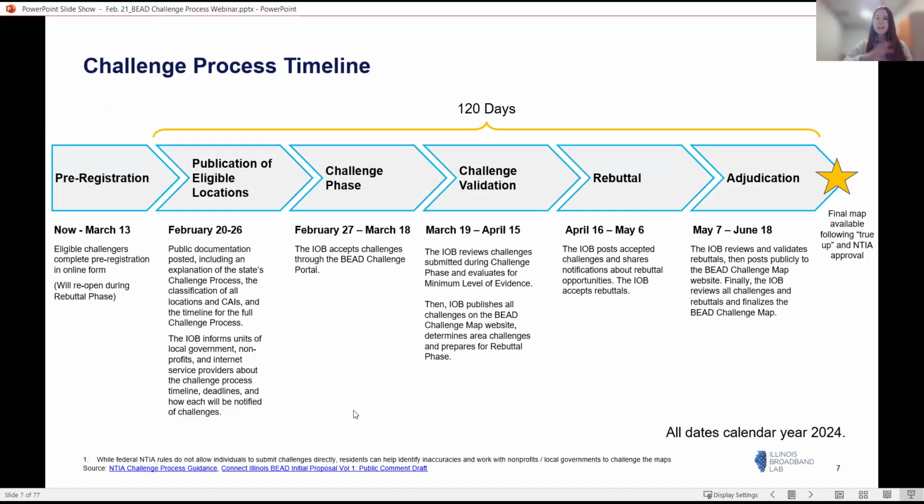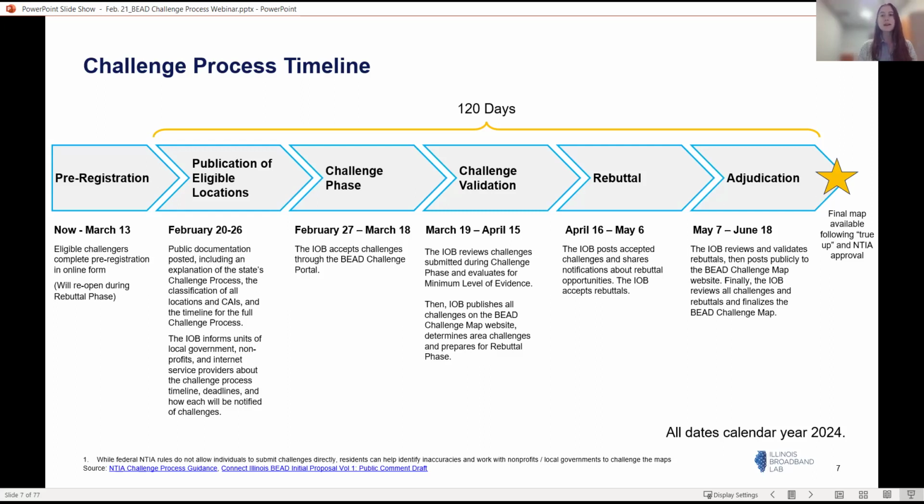So, of course, these dates are fully tentative, subject to the timing of the preceding steps and NTIA approval. So this is kind of a new version of a slide that you've seen over the last several weeks, because the big milestone that happened yesterday was the publication of our challenge process timeline. So this is the timeline that is locked in, barring any unforeseen changes that need to be made. This is what we will be adhering to and has been published online. So this can be found on our website in our user guide and should be your source of truth for going about this process. So I'll walk through the different buckets. The day 0 bucket on the left is pre-registration.